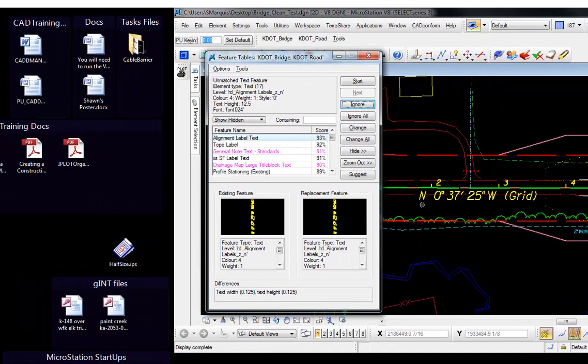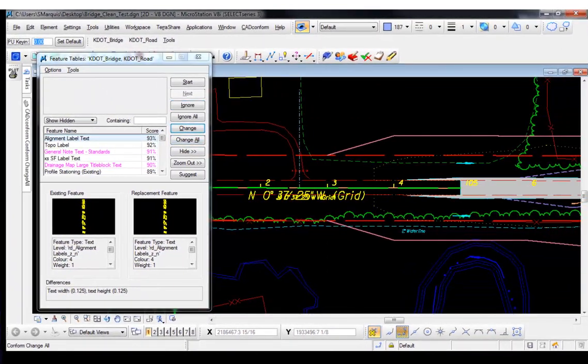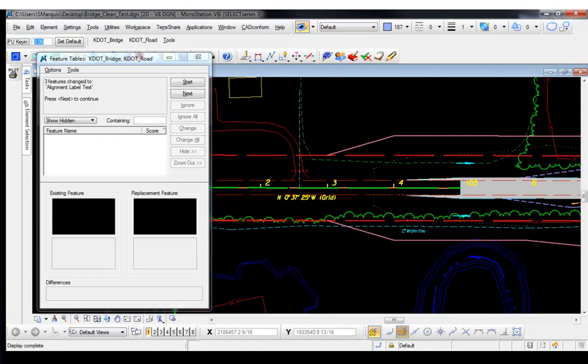this label here, and we have an alignment label text that's going to be the appropriate one. So we can do a change all on those. Next. While it's scanning here,